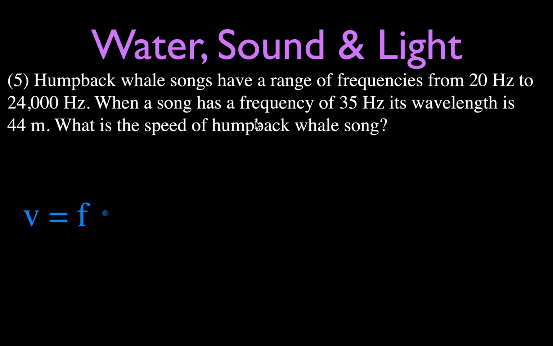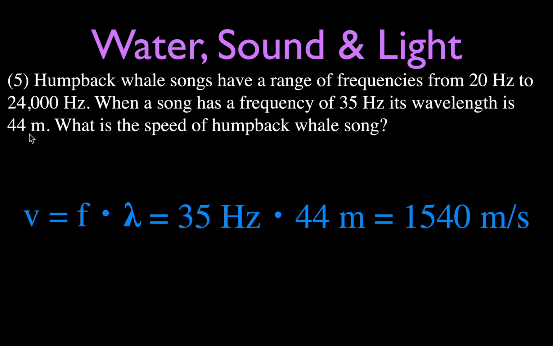So we can simply use this equation. Many people refer to this as the wave equation. The velocity is equal to the frequency times the wavelength. This is the Greek letter lambda, which is used as the abbreviation for the wavelength. So we're given the frequency, 35 hertz. We're given the wavelength, and we can plug those values in, and you simply get that the speed of that wave is